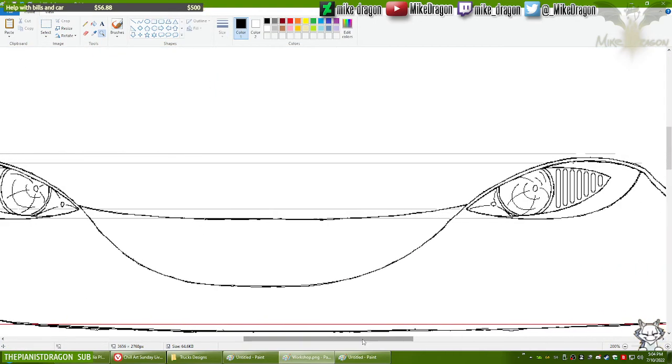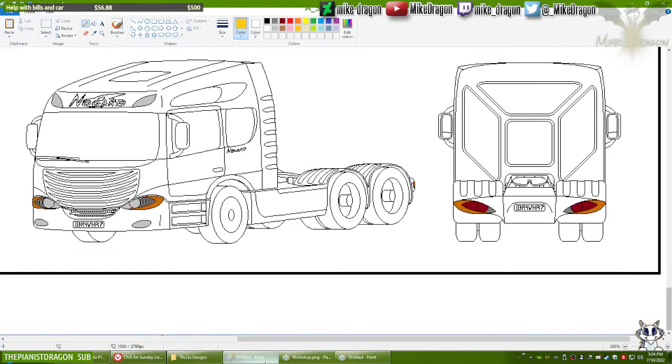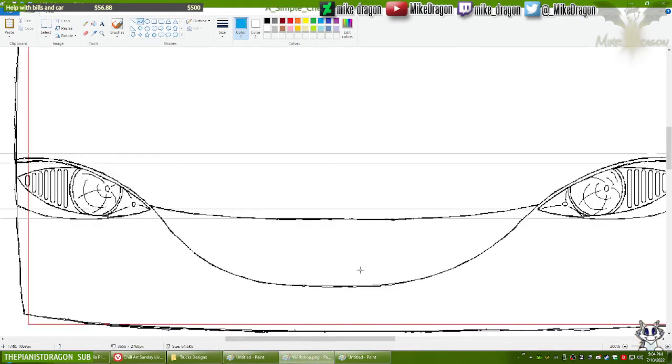Okay. Now we copy this. And let's do the interior of this opening.